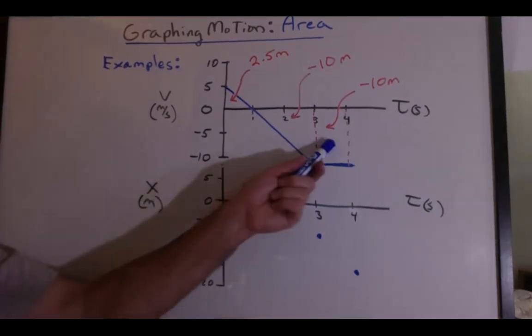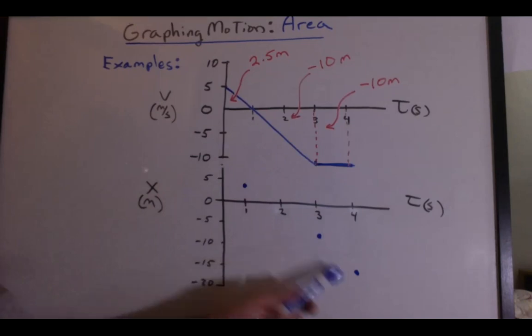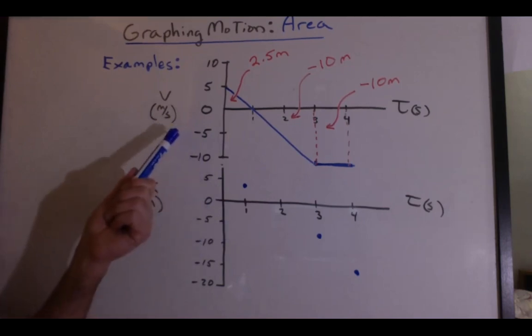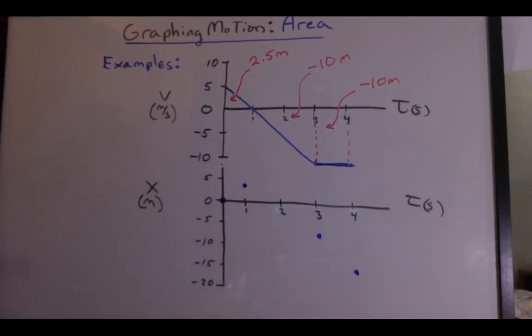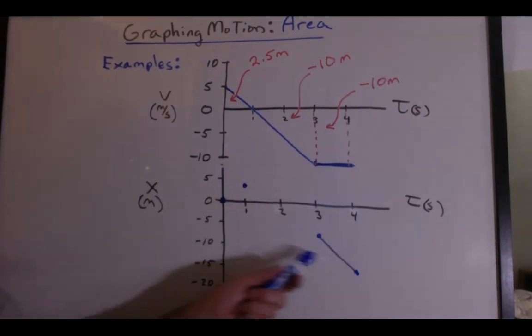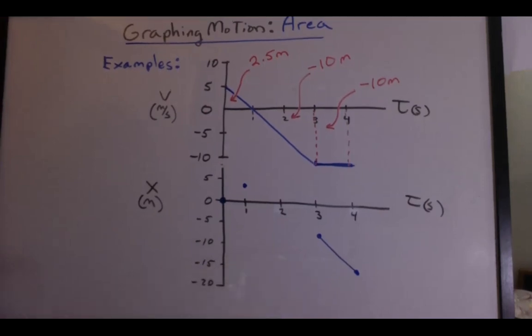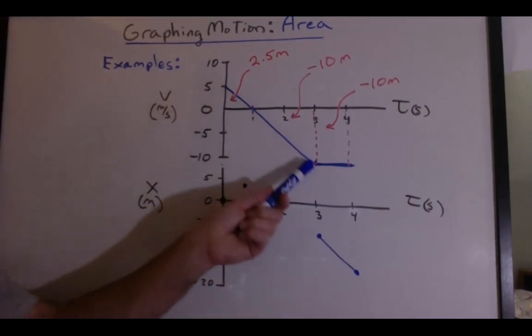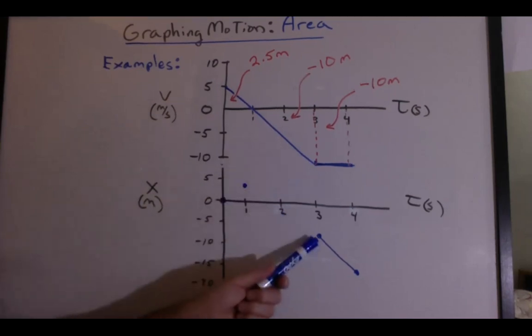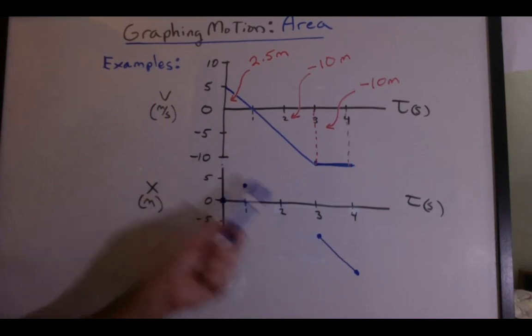Well, I've gone backwards yet another 10 meters, so I'm going to be down at 4 seconds, negative 17.5. I never gave information about the initial position, so we assume it's 0. And now we have to connect the dots. We know that this velocity is constant, so that must be a straight line. We know we're changing our velocities all throughout here. So we have to start here, get to that point, and get to this point, all on a curve, because